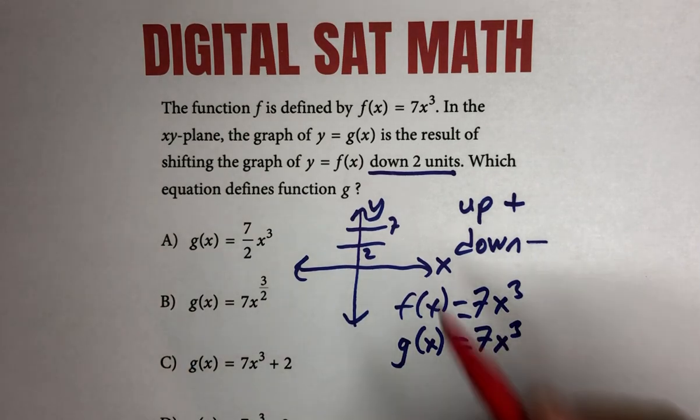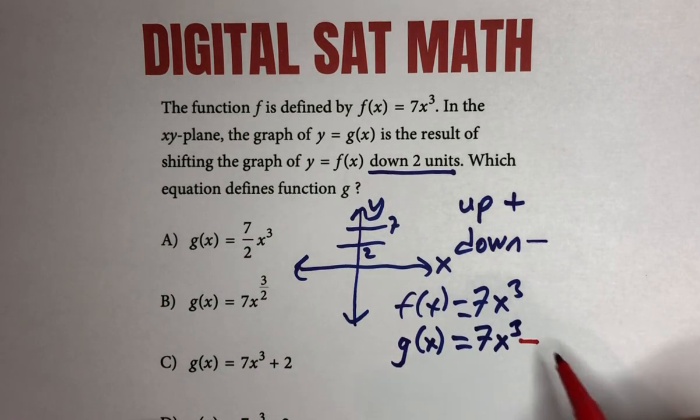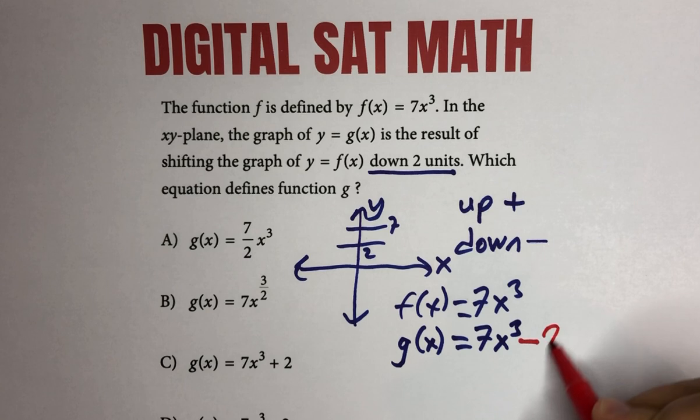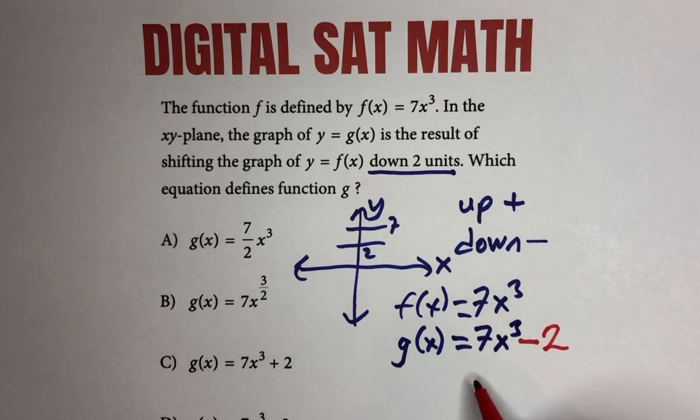Then, since they said down, I'm going to take away. How many units? They gave us 2. So our answer will be